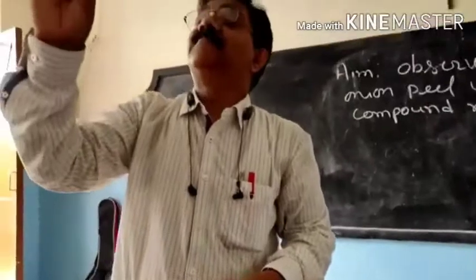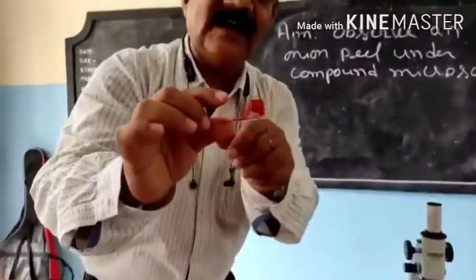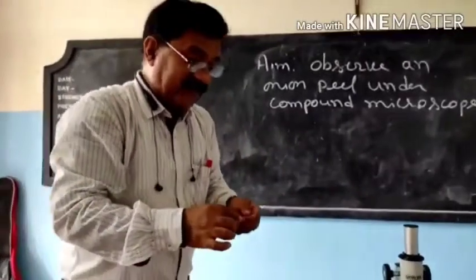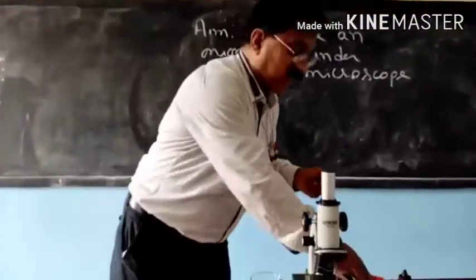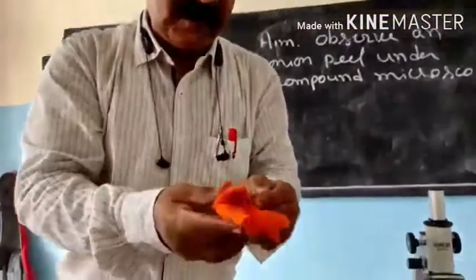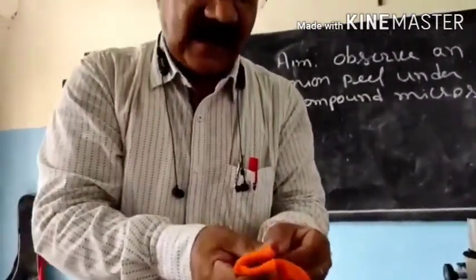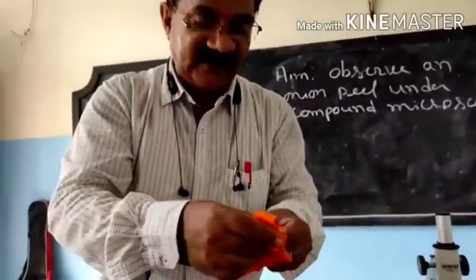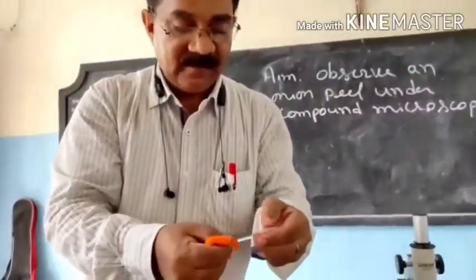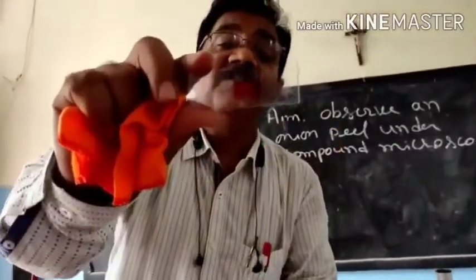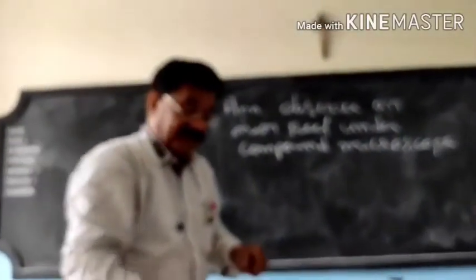Now you can see I have put the cover slip over it, and one thing I will see is whether bubbles are present or not. Inside the peel no bubbles are there, and extra stain we will remove by the help of blotting paper. So here by the help of this handkerchief or cotton cloth, I am removing the extra stain. Now you can see bubbles are there, but bubbles are outside. Zoom it. Bubbles are outside the onion peel.